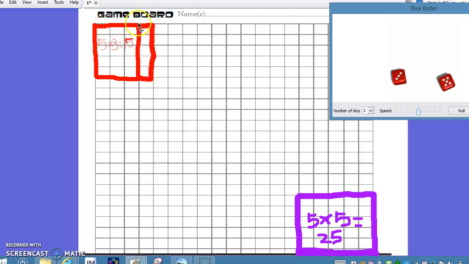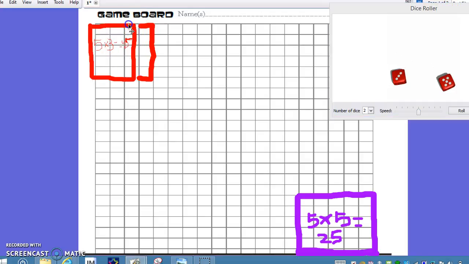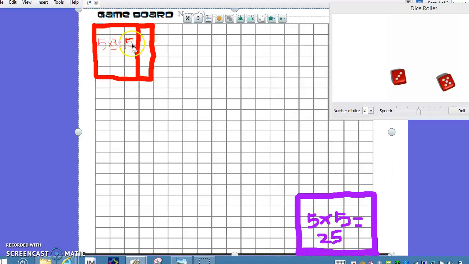Once they traced all the way around their rectangle, they recorded the dimensions of their rectangle: 5 for the length, 3 for the width. And then, once they recorded the dimensions, they calculated the area of their rectangle. Remember, you can either multiply to find your area, or you can count all of the squares inside. It's important that you record your multiplication sentence in the middle of your rectangle each time you make a new